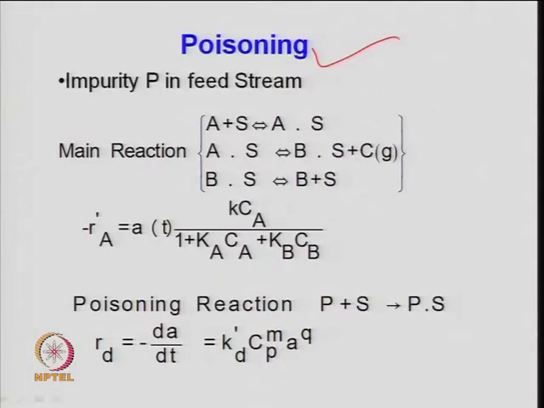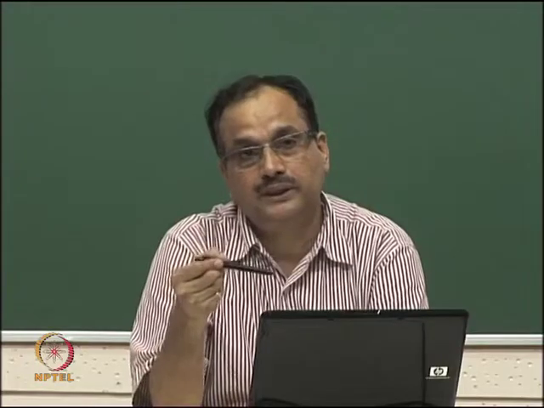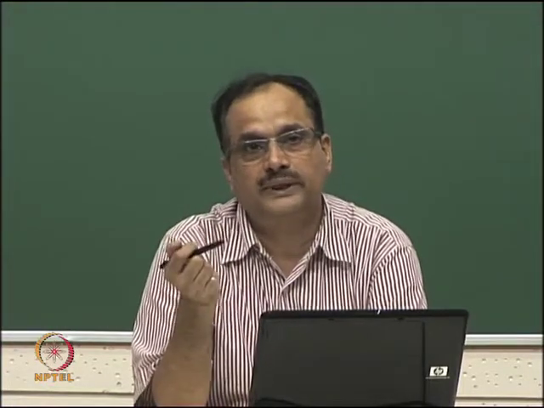Here, a poison precursor, which is available in the feedstock itself, adsorbs on the surface of the catalyst. As I said, when the poison precursor adsorbs on the surface, the number of active sites available for catalytic reaction decreases, and once this happens, the activity of the catalyst will drop permanently. Because if the poison precursor is present in the feed, it will keep on adsorbing on the catalytic active sites, and it will damage the catalyst.